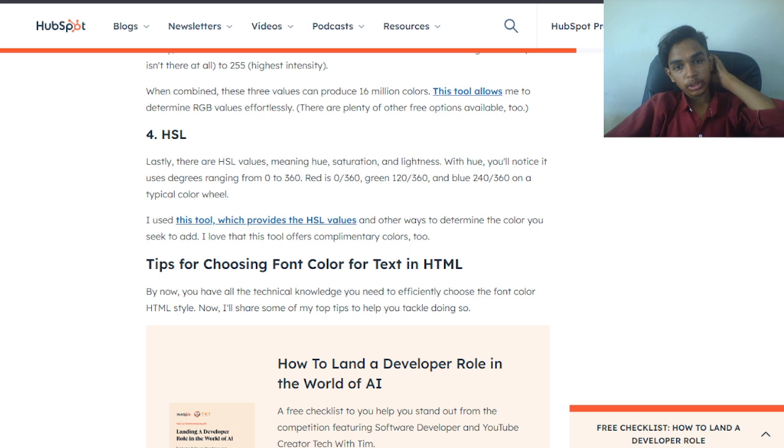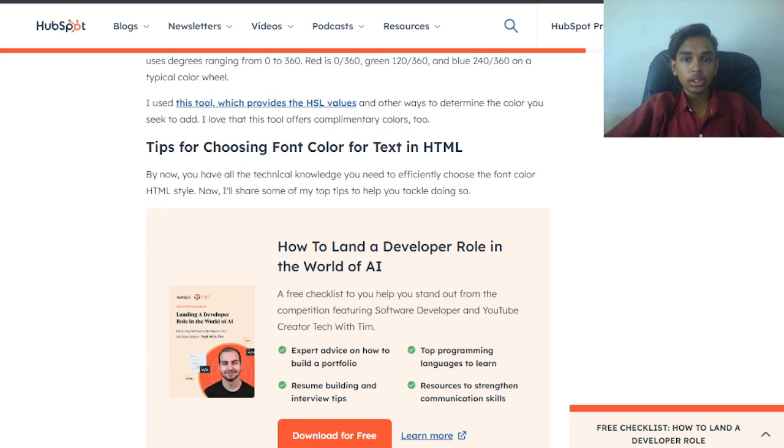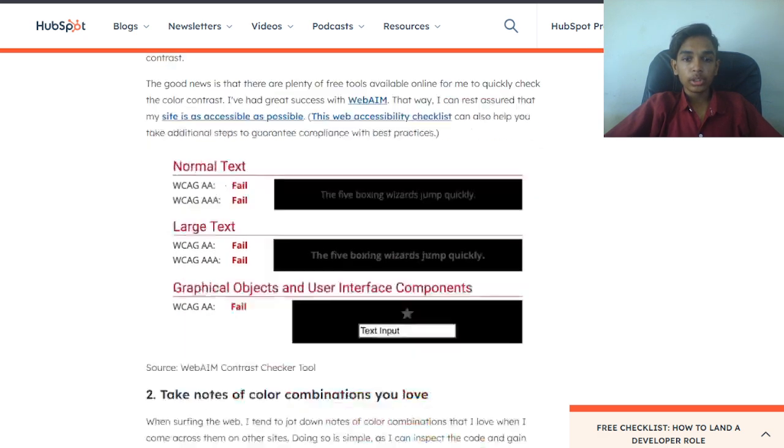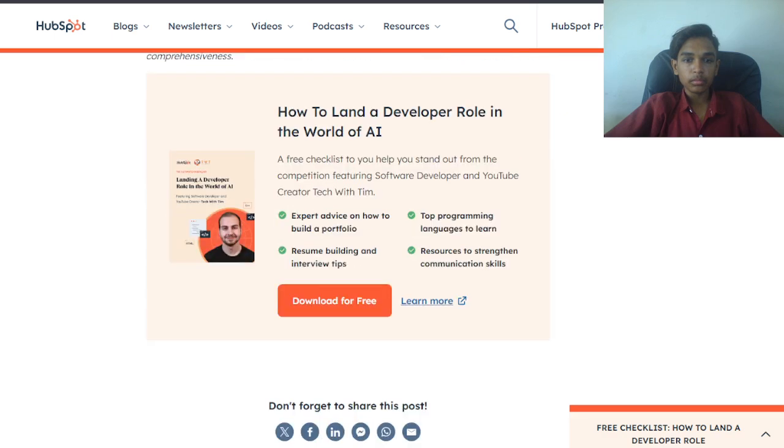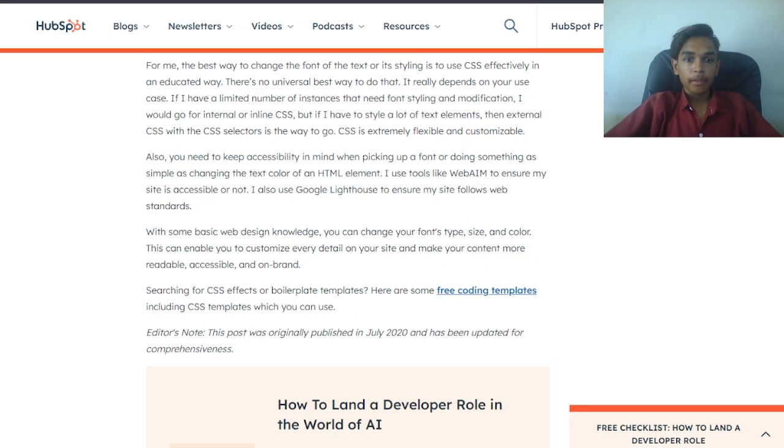Tips for choosing the font color for text in HTML. By now you have all the technical knowledge you need to efficiently choose the font color in HTML style. Now I'll share some of my top tips to help you tackle doing so. With some basic web design knowledge, you can change your font type, size and color.